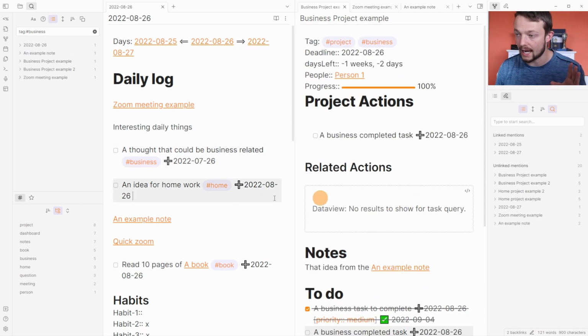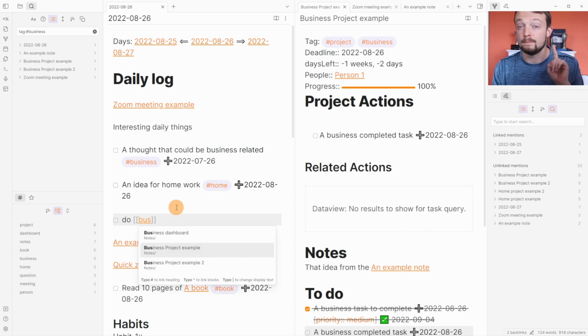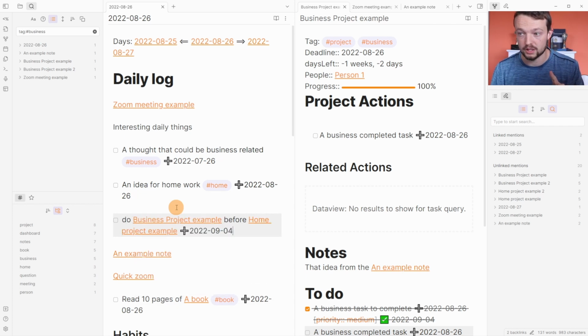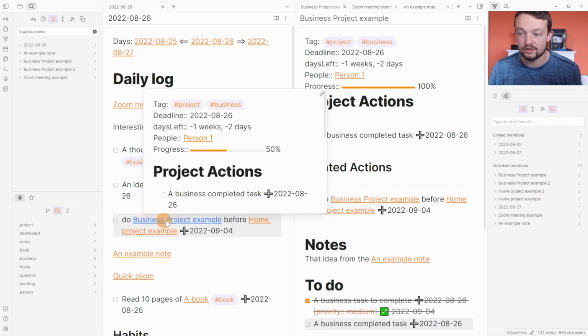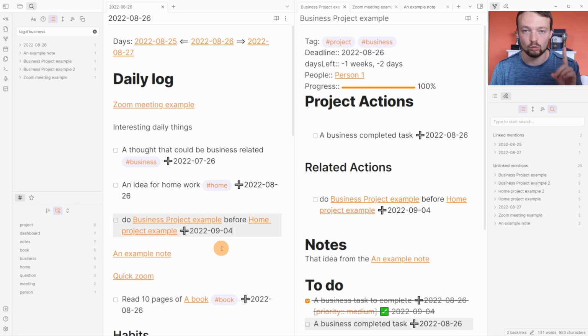And what the related actions looks for is anything that is related but not directly specific to the project progress. So maybe I make a task in my daily note where I need to do the business project example before the home project example. Now I've linked the business project example and the home project example together in one task, and now it's showing in the related actions, so I know I need to do this project before I do